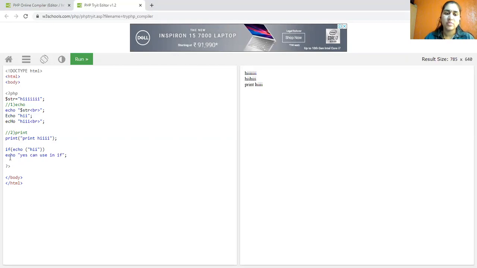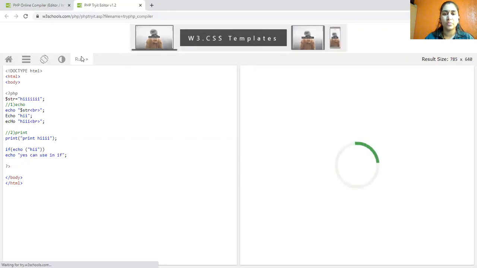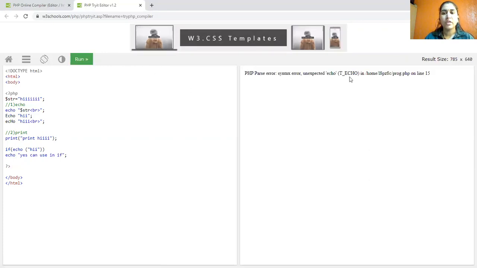Let us see what the output would be. It will give you a parse error, unexpected echo. We cannot write echo in the if statement.